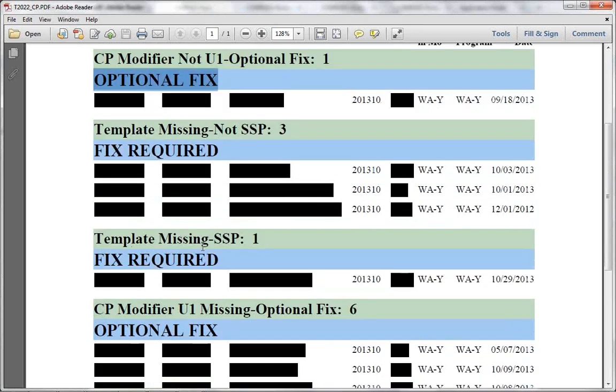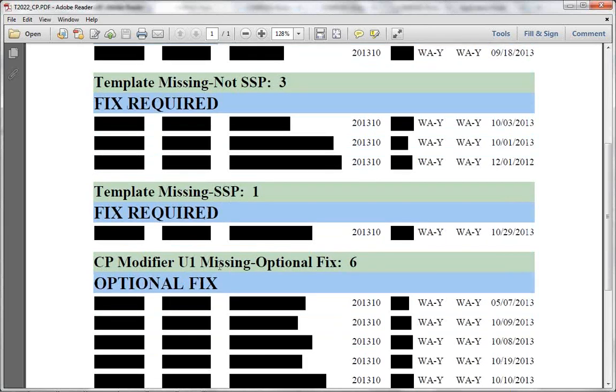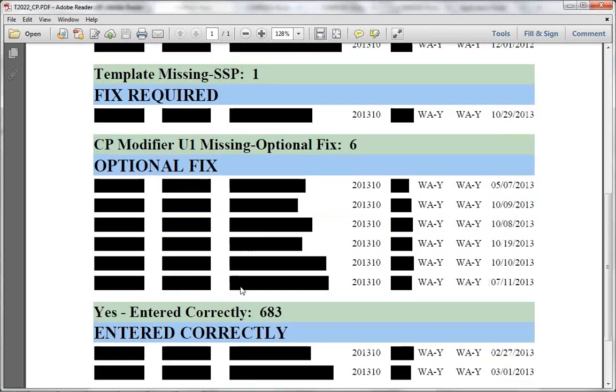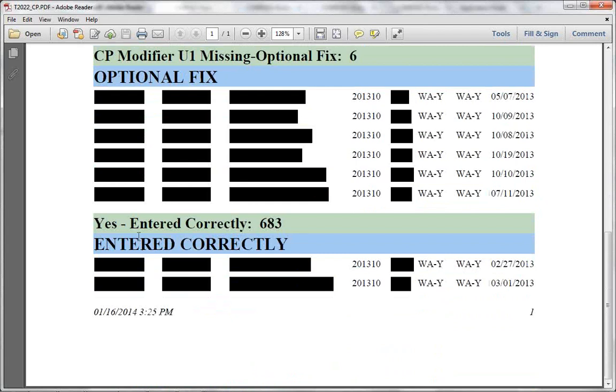Same thing here. This is the same thing, but it's for SSP folks. Again, this was built with the intent of the 2 different modifiers for the different people, and we just didn't worry about fixing it because it still gives you all the good information. But the fix required, again, section, so if you want to post T2022 bills to that, you're going to need to enter care plans for that, and then the rest are optional,